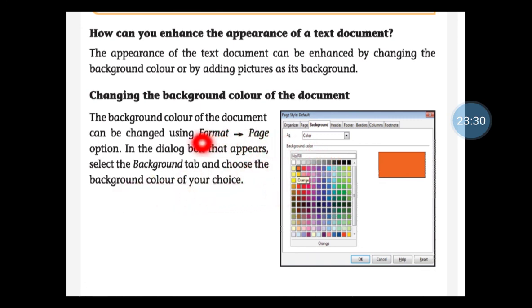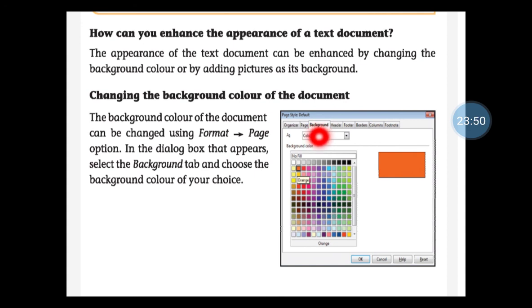After selecting the Format menu you have to select the Page option, right? After clicking the Page option, this dialog box will appear on our screen. Here you have to select the Background tab. Which tab you have to select? This Background tab.